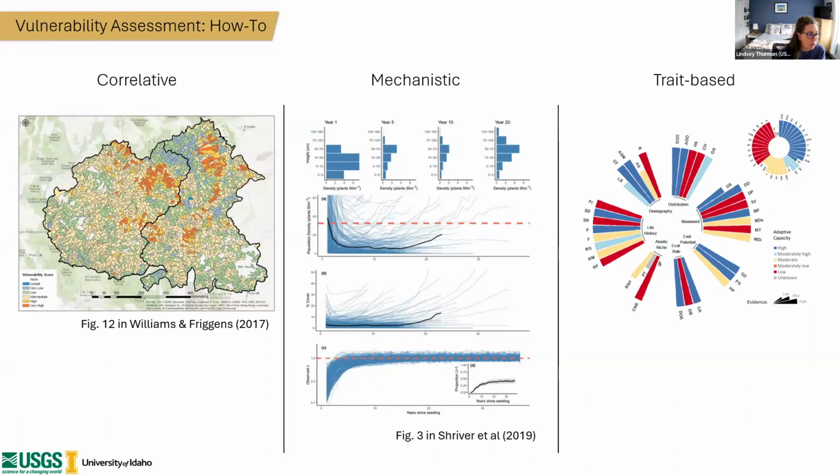Mechanistic approaches focus more so on the underlying processes through which climate change can impact species or even habitats. And oftentimes these incorporate other stressors into these models. But they're really helpful with revealing important insights about underlying eco-evolutionary processes, for example, although they can be difficult to parameterize and are certainly more computationally intensive, particularly over larger extents than these other 2 approaches.